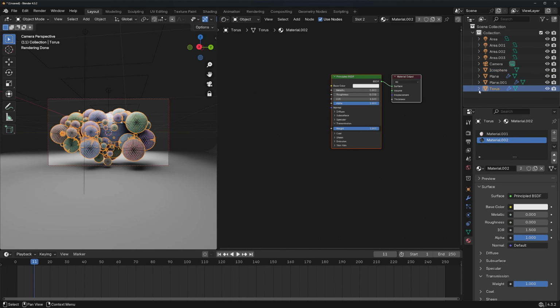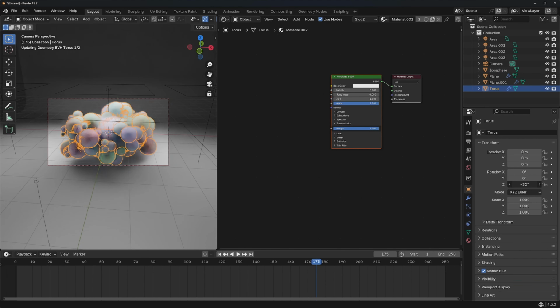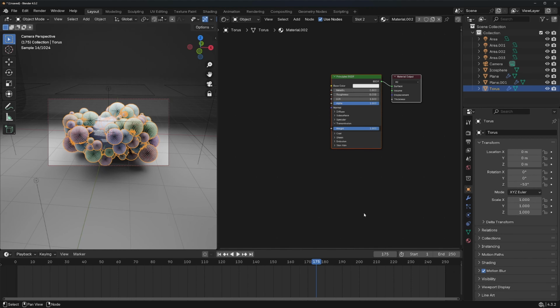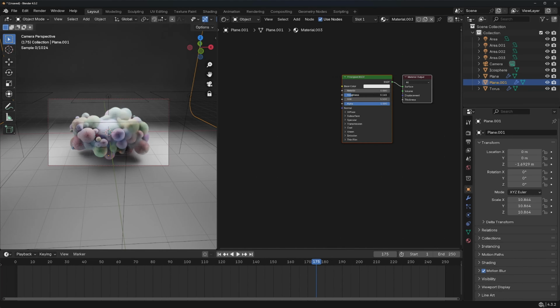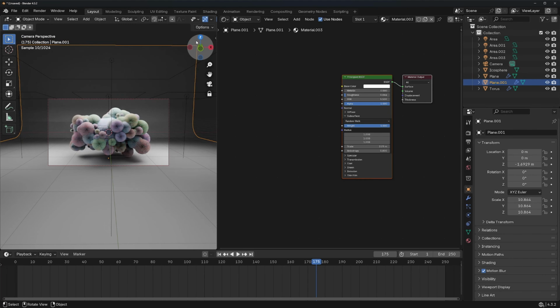Okay, I select torus. I change the rotation. Select the plane. Make it white. Type surface, make it 1. Left click and make 2 in 1 and change this. Now if I go here to render one image to see how it looks,